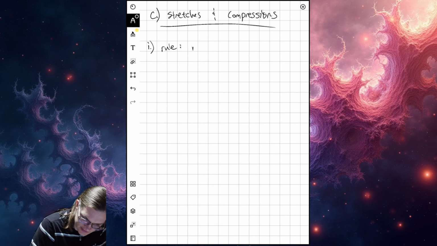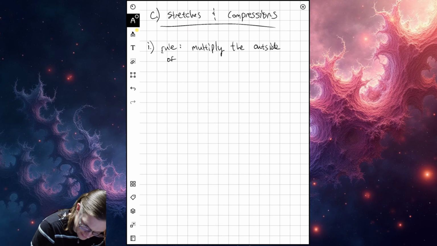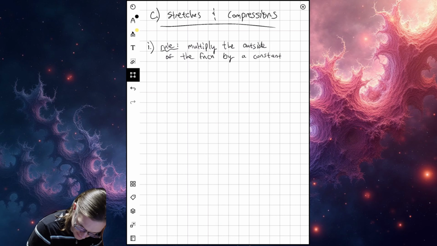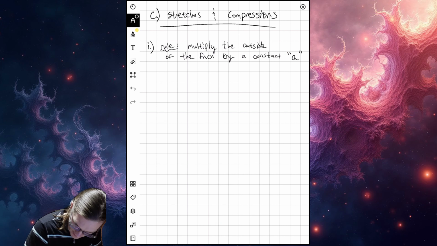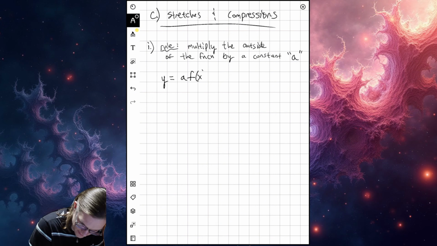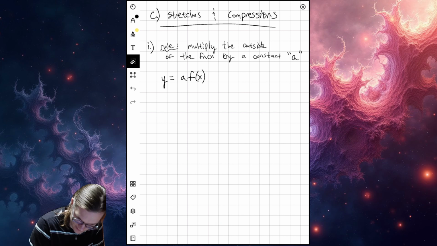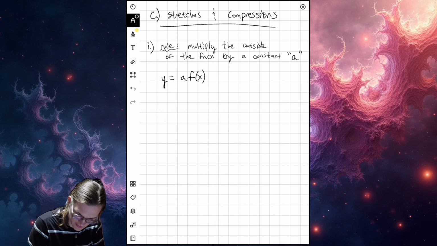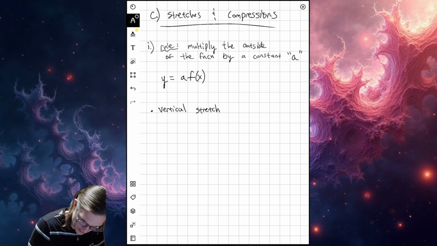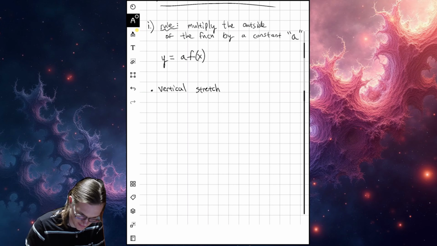So the rule is you multiply the outside of the function by some constant. Here we're going to call it a, by some constant a. So it'll look like this, a times f of x. You can put a little star there if you want to think multiply, but so a times f of x. And so for a vertical stretch, this one's slightly more complicated to wrap your mind around, but I believe you